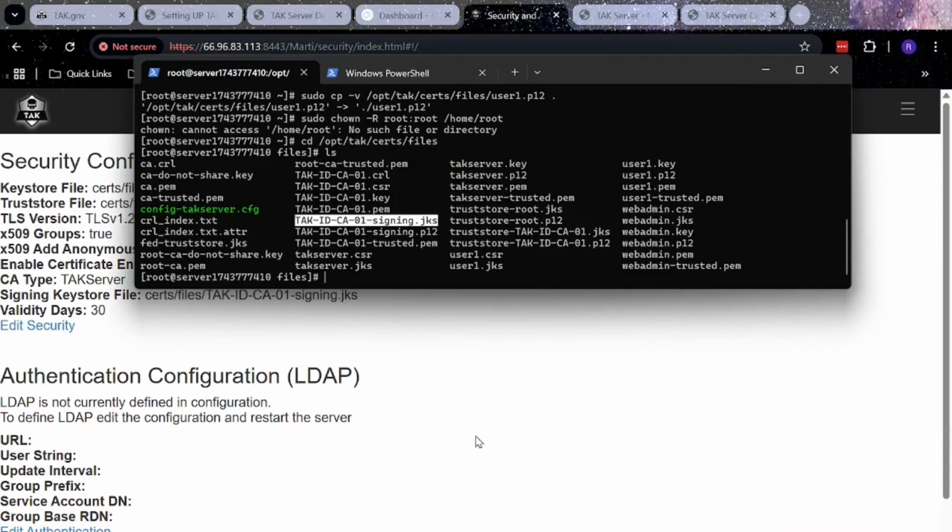We will then need to restart our attack server. If you navigate to your server through the terminal, we can run the following: